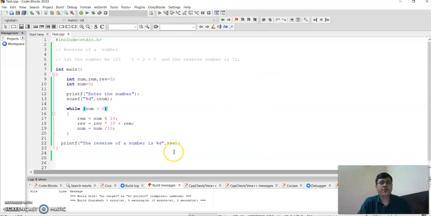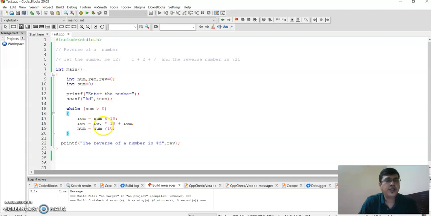I hope this is clear. What we are doing is reverse multiplied by 10 plus the remainder. This is something you need to understand. Why are we doing it? Because, as I was telling, there is a difference of 10 each time, but initially, at the unit place, it is 0. That is why I am putting rev into 10, because every time it is incrementing by 10.